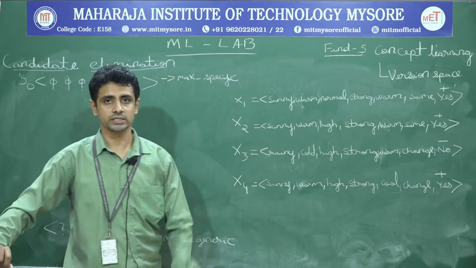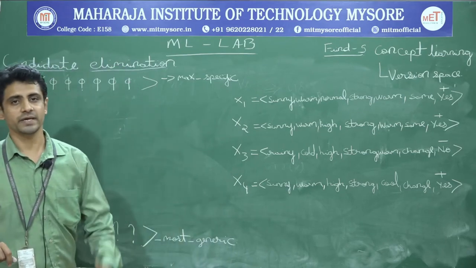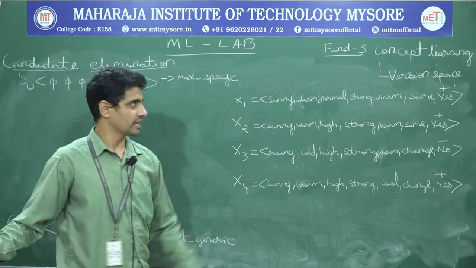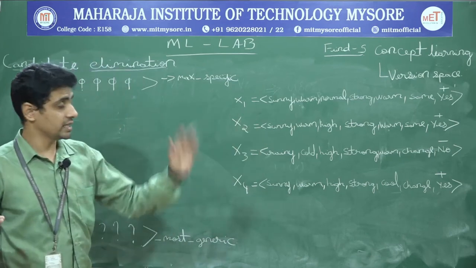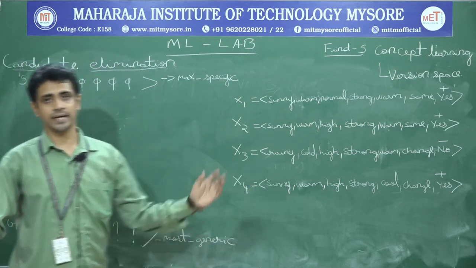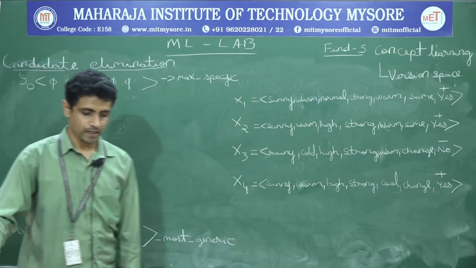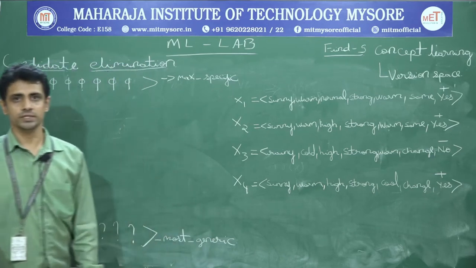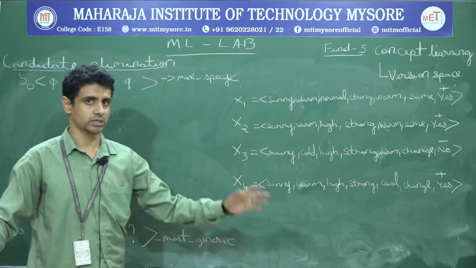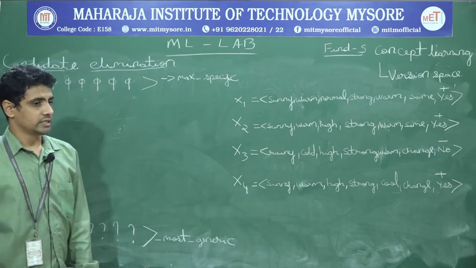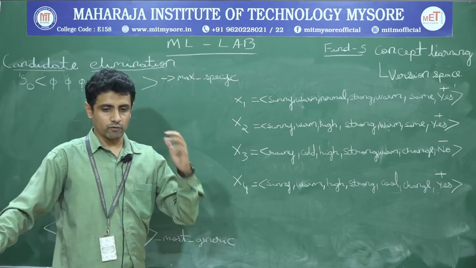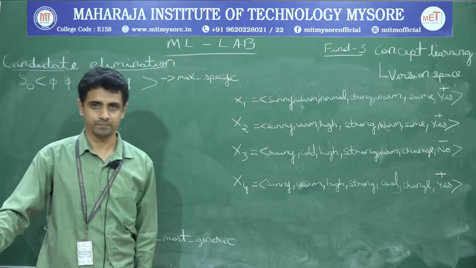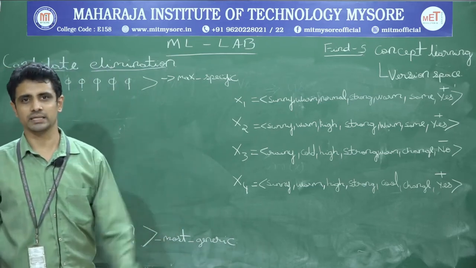What is Find-S actually? It is finding out the most specific hypothesis for a given set of training examples. Let me just brief what exactly the Find-S algorithm and concept learning are, because Find-S and candidate elimination come under concept learning. So what is this concept learning now? Say for example, training a machine with a set of examples is what concept learning is. Say I want a set of examples which defines the property of a chair, or a car, something like that.